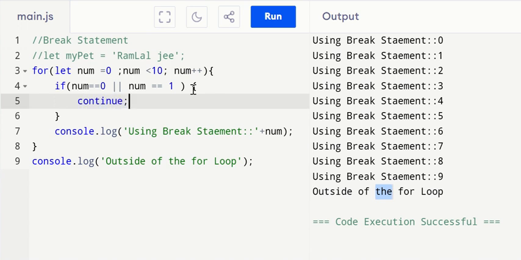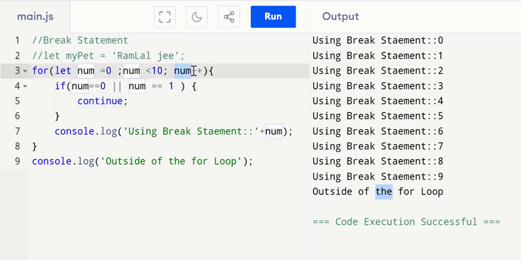Continue, okay. The continue keyword is what we use to apply the continue statement. So here, let number is equal to 0, and 0 is less than 10, so the condition is met. Then the JavaScript controller enters inside the if: if number is equal to 0, yes, number is equal to 0. So that continue statement will work. Continue is saying: ignore whatever you have used after that,